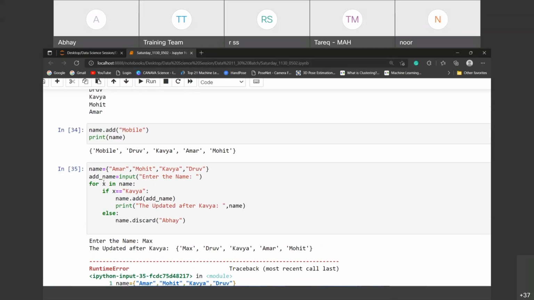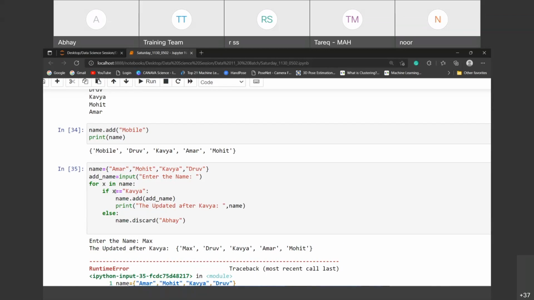Because when we go for the iteration, the for loop will not get the items in the form that we want. See what happens: suppose first Amar will go here. Just imagine name is passing Amar here.